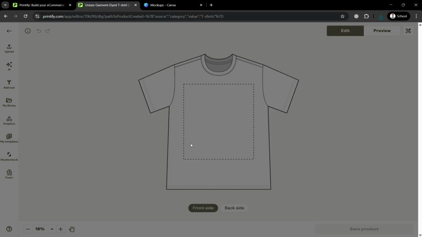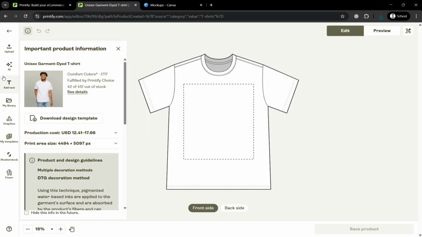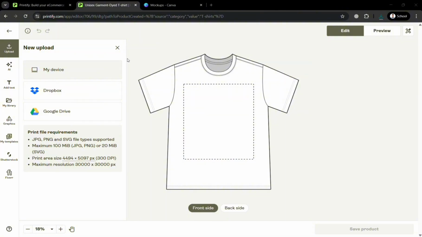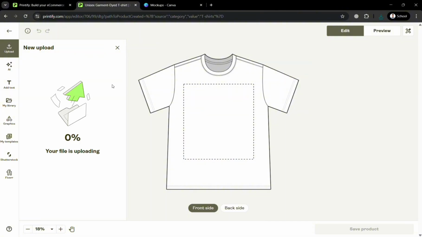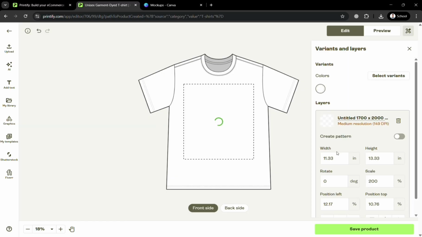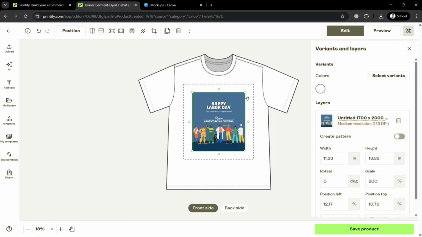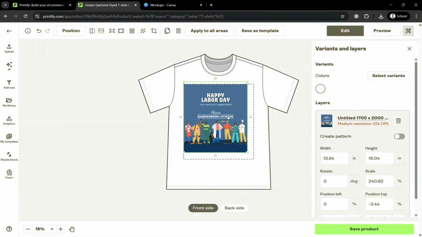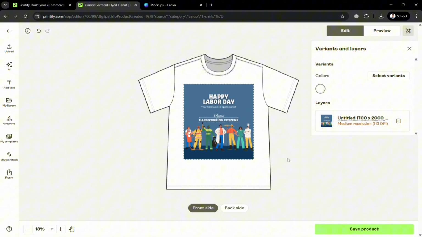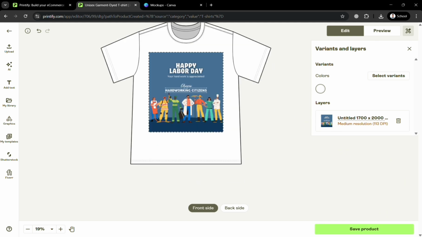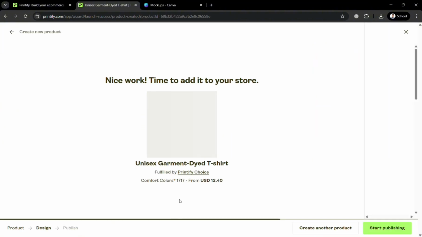By clicking on it, you'll be directed to this page. So from here, you can start uploading the design by clicking the upload button on the left side panel and click my device and just choose on your computer files the design. It will automatically be uploaded in here and it will show you the result. From here, you can customize or simply navigate on the corner of it to resize it and fit it on this t-shirt. It will show you what it looks like. If you're now done, you can add more text, you can navigate on the left side panel. By clicking the save product button,